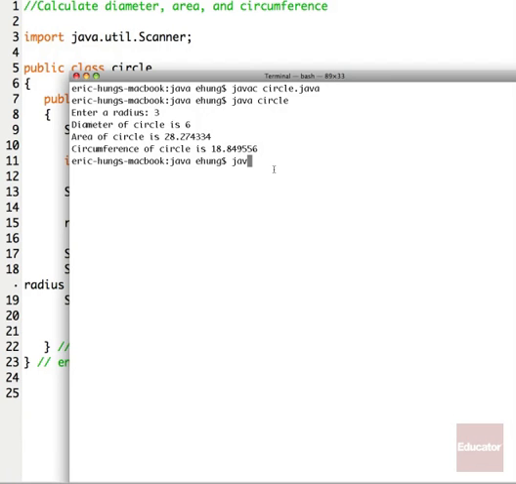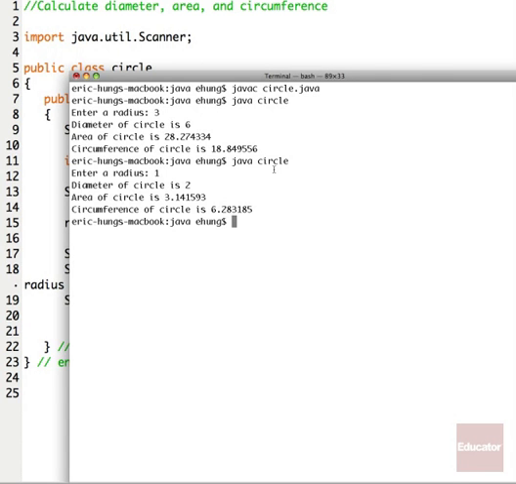If I say java Circle and hit enter, it prompts us for the radius. Let's test this. I just want to enter a radius of 1 unit. Hit enter. Diameter is 2, twice the radius. The area is pi itself, 3.141593, so we know that it's working successfully. The circumference is 2 pi r, 6.28 some odd units. So we have been successful with our compilation and running the program. It handles the input. It gives us back the information that we were expecting.